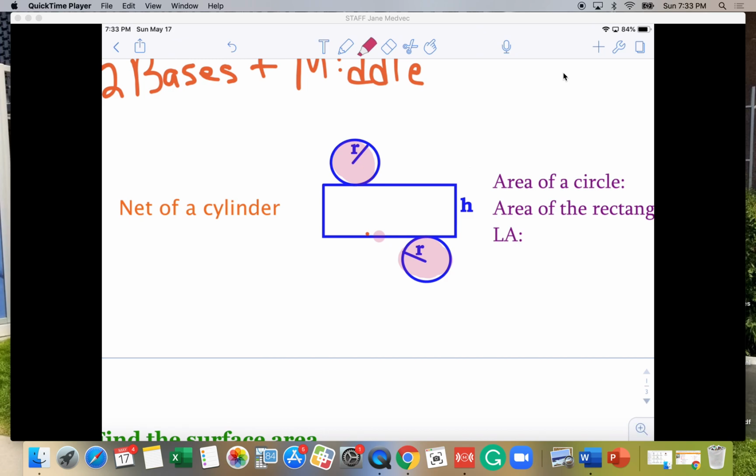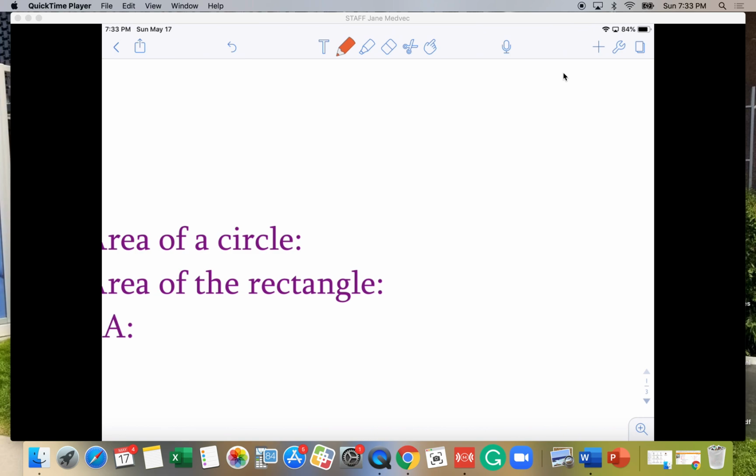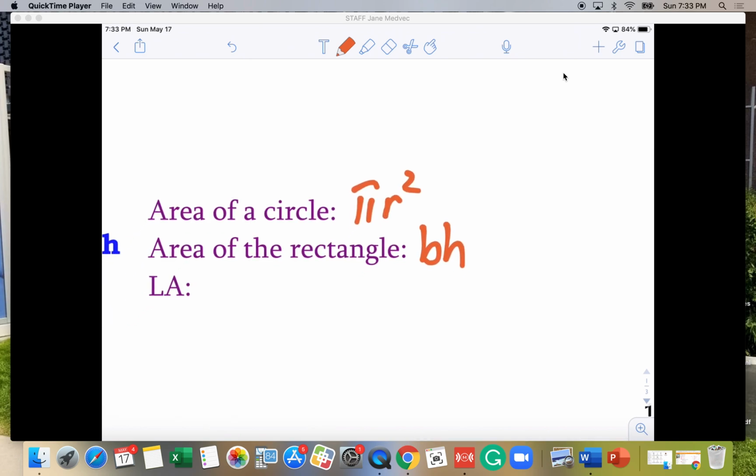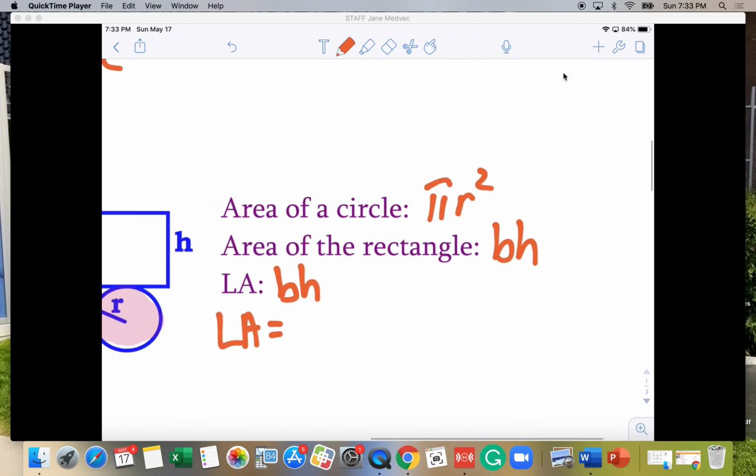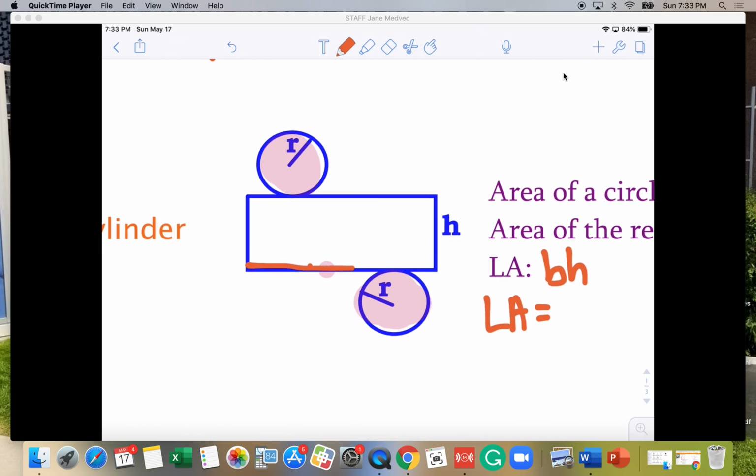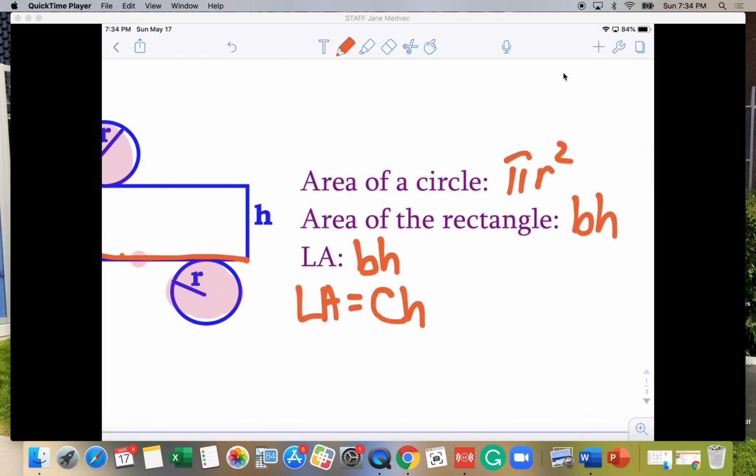Now, the area of a circle, if you remember, is pi r squared. The area of a rectangle is base times height. So the lateral area is the same thing as the area of the rectangle. So to showcase that, you've got base times height, or the lateral area. If I take a look at this rectangle, the base of this is really the circumference of the circle. So it's the circumference times the height, or the lateral area is 2 pi r, which is the circumference of